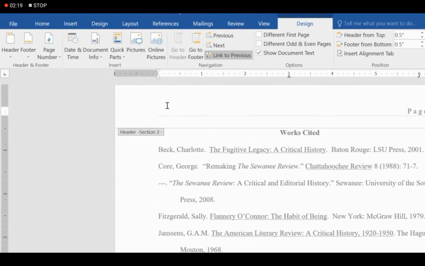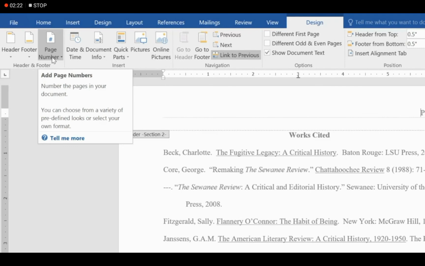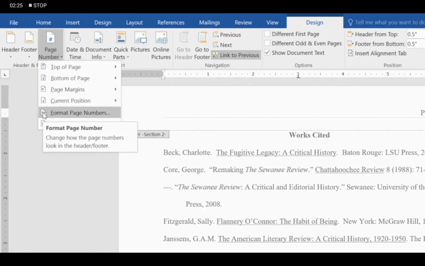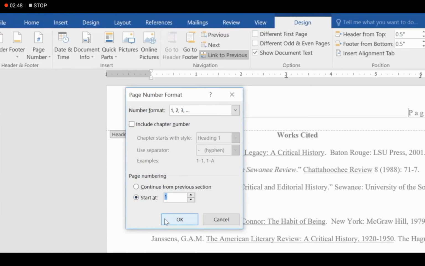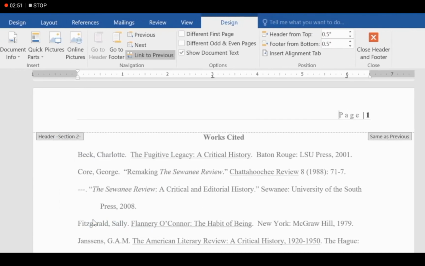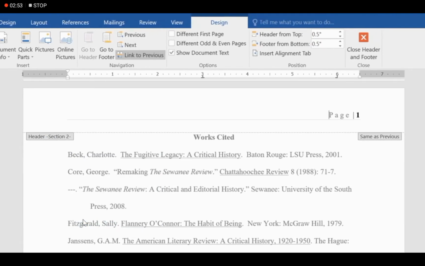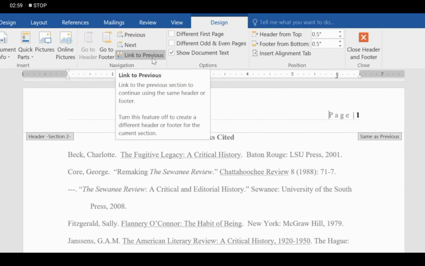Now I am going to change this page number to page number 1 again. So it means it will show page number 1 to 26, and then it will restart page number from 1. Now as you can see, there is the option of start at. So you have to choose a number. As you can see, 1 is written by default. So I am going to choose 1 and press OK. So it will insert page number 1 at the place of page number 27.